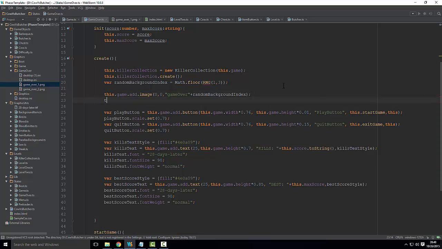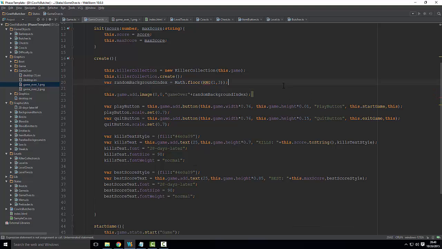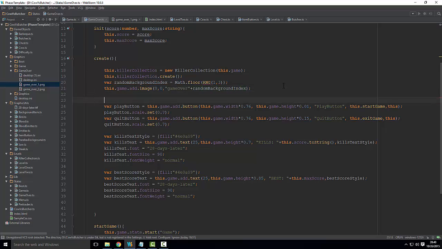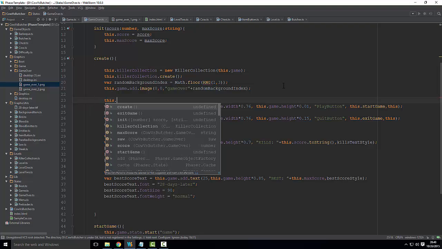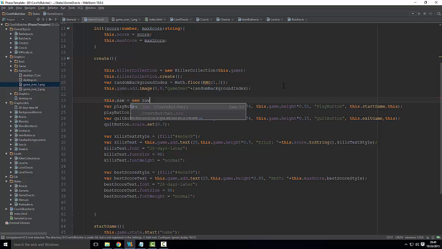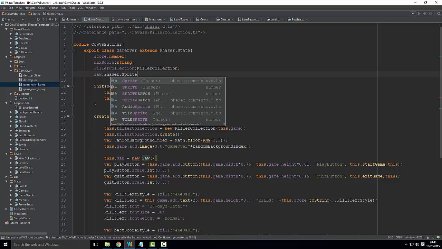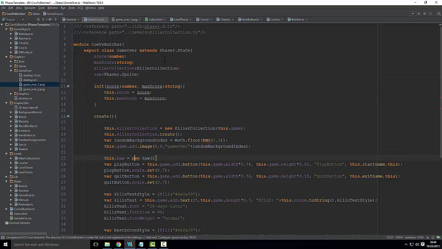So this dot, where to create that? I guess, well, first it's the background. Last, I think here is fine. This dot saw equals new saw, and we need okay, Phaser game. Do we need to actually create a saw? Why don't we just create an image and rotate that? I think that would be alright. So saw is going to be of type Phaser.Sprite, and we're going to be saying here